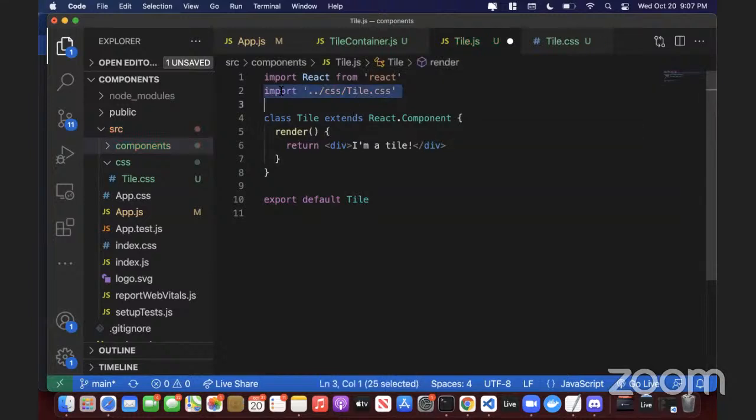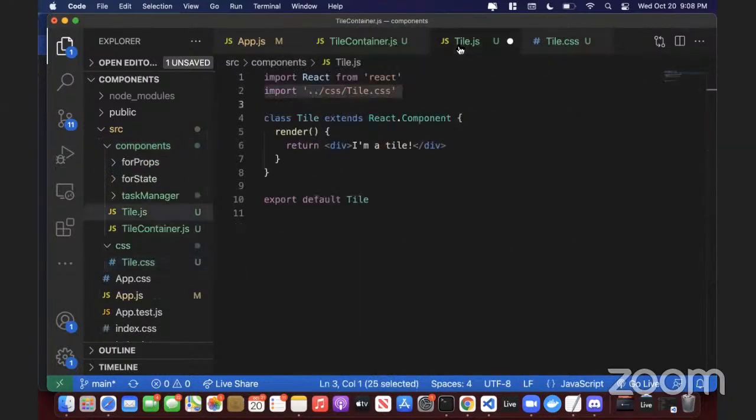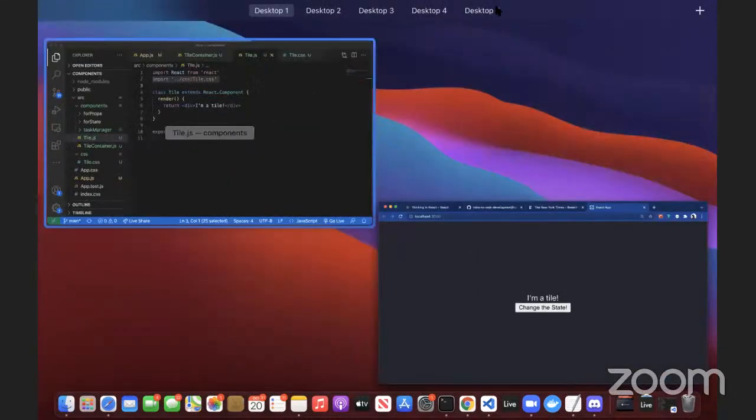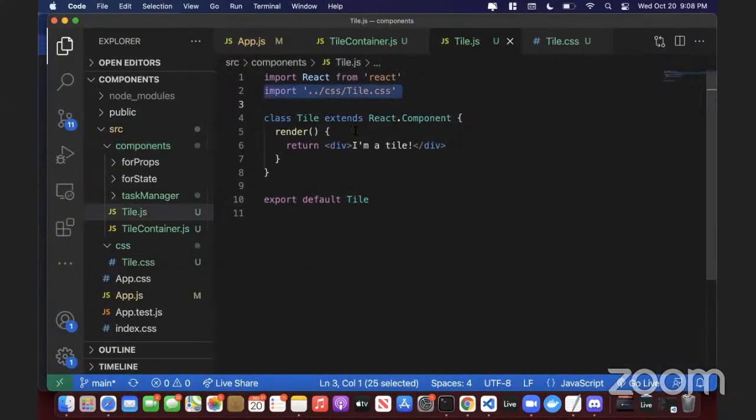That's all you have to do in order to connect your component to a specific CSS file. But as you see, saving it, nothing really changed, right? We just see the same thing. So in here, the next thing you need to do is make sure that you have your component tied